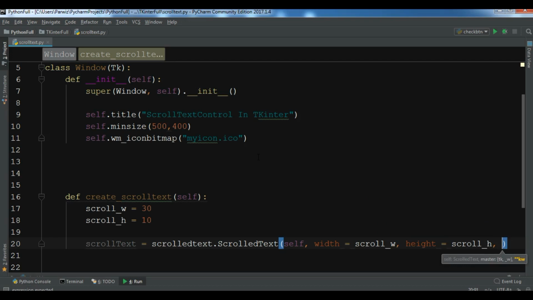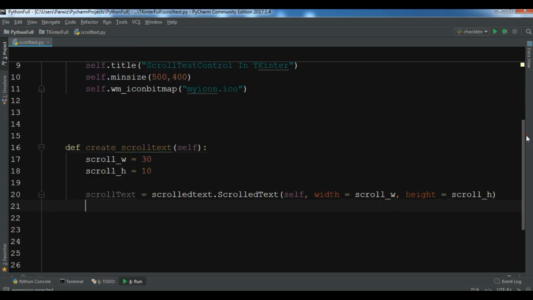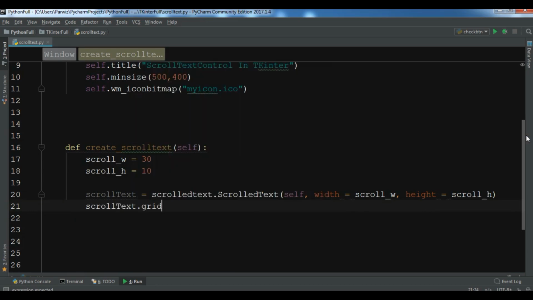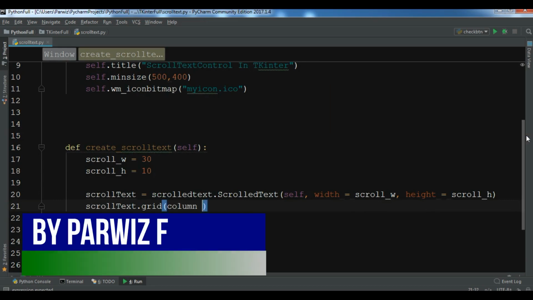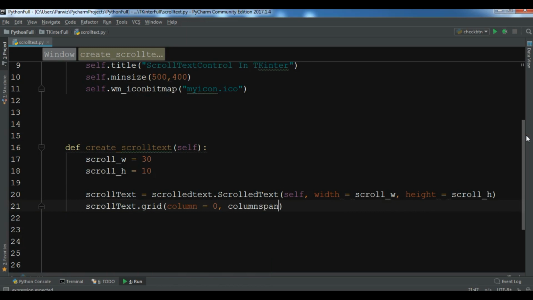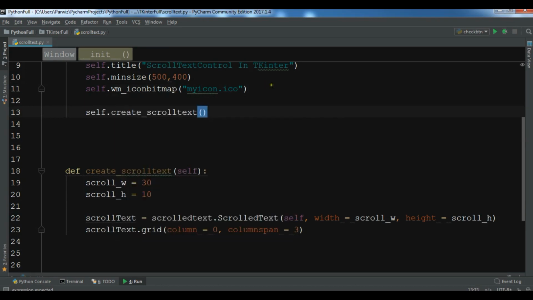And after this we are going to give a wrap. So first let me just not give a wrap and I'll give that. So now we need to add this to our grid. So scroll text dot grid. So in the column 0, and also we need to give a column span, so 3, like this. Okay, now we need to call this method in here, self dot create scroll text, and if I run this,